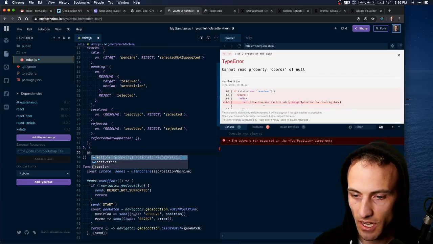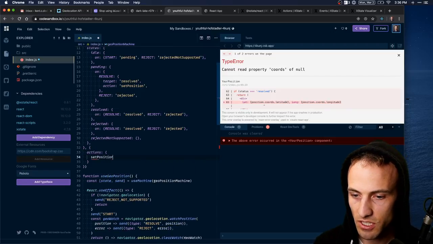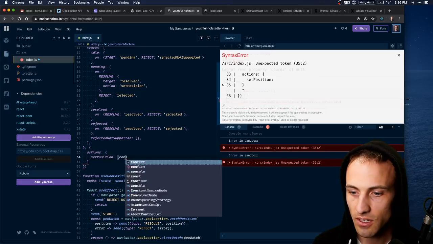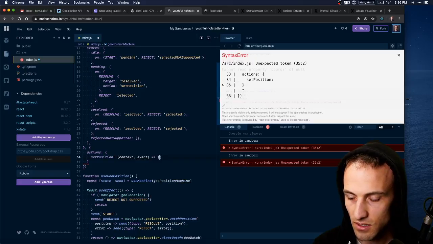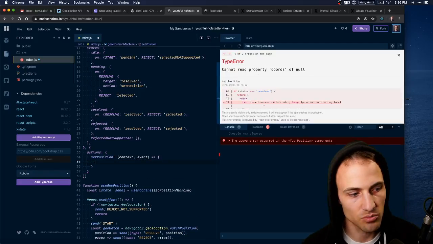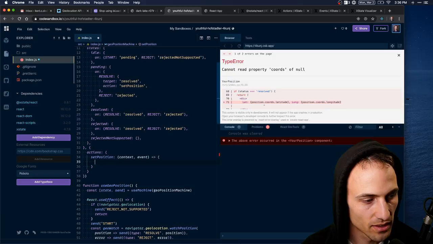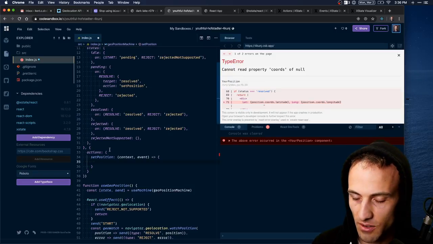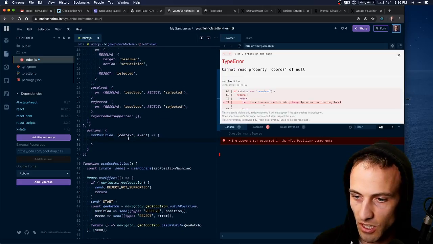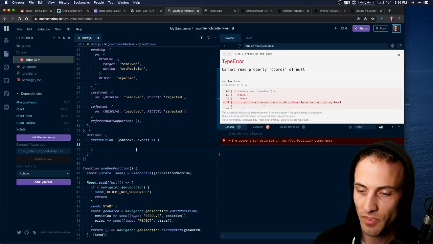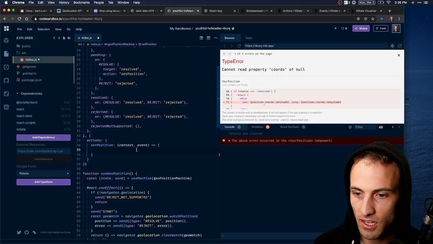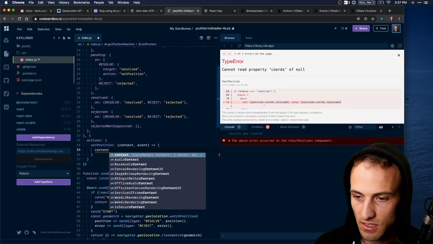And then we're going to say actions, set position. And this is going to take my, what was it? The context and event. And I can use that assign helper later. Yeah, but I think I want to figure out how to do this without that magic helper right away. So sweet. So we're going to set position, context, event, and with that, we'll just say context dot, or here,